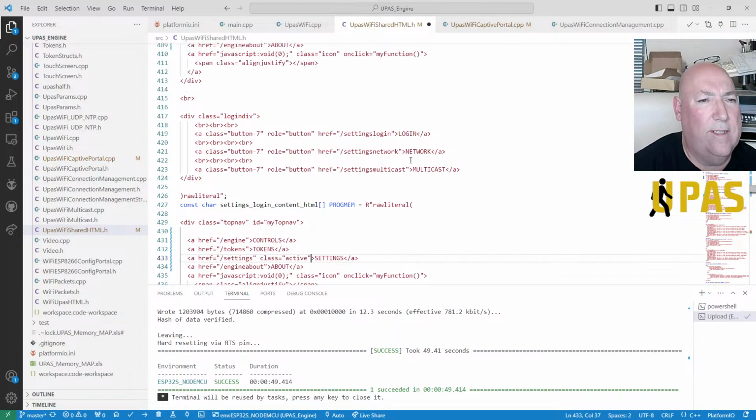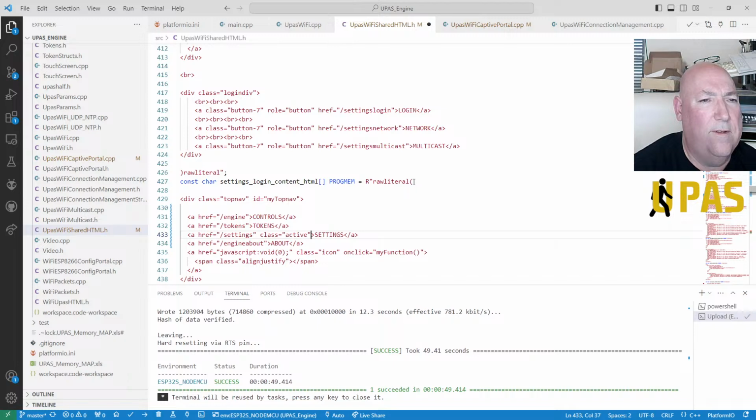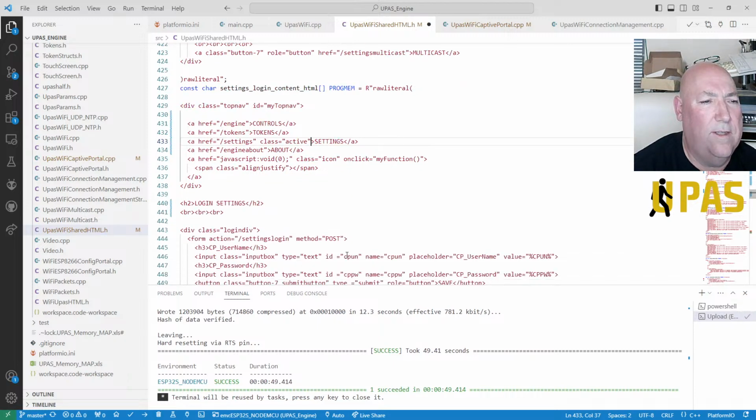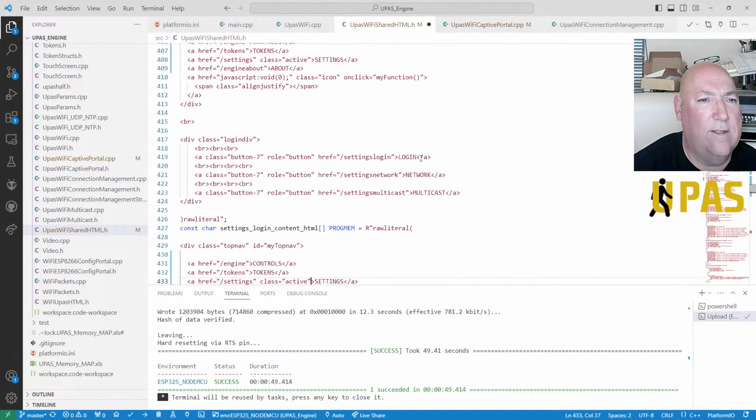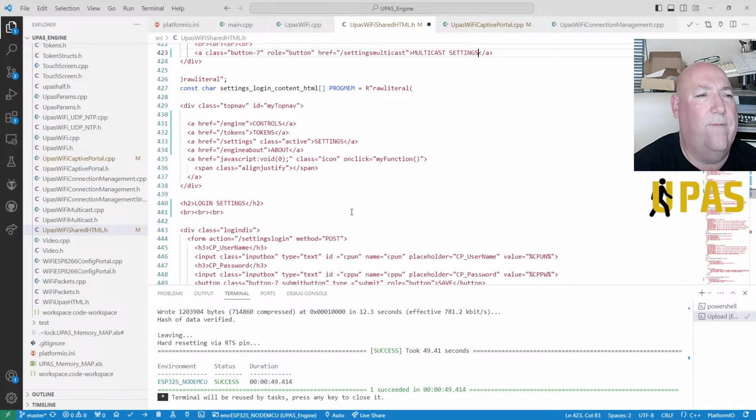So we need to make that the same. So login needs to be login settings. Yeah, login settings. So we need to change that to login settings. And we're going to go network settings and multicast settings. Okay.